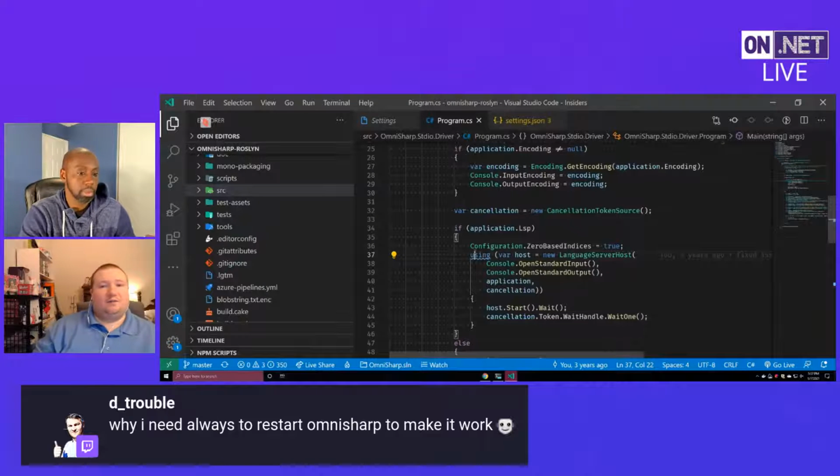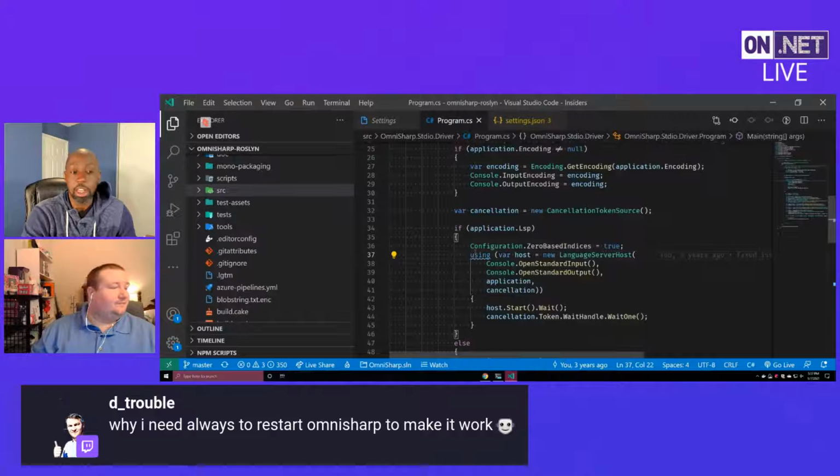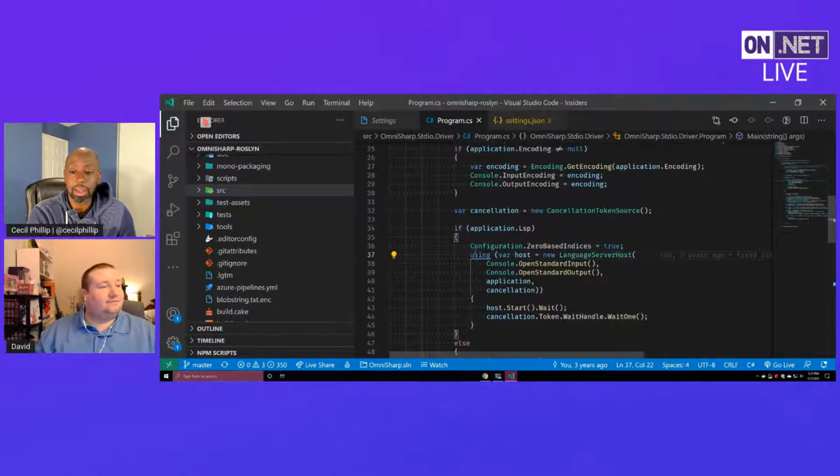Do we cache it in SQLite? Do we do this? There's a bunch of options, and we've discussed it with some of the Microsoft people as well, because we know that's a problem, and we'd like to fix it. But there's only so many hours in the day, and only so many hours for open source in the day as well. David, that almost sounds like a little bit of a community outreach for help, right?